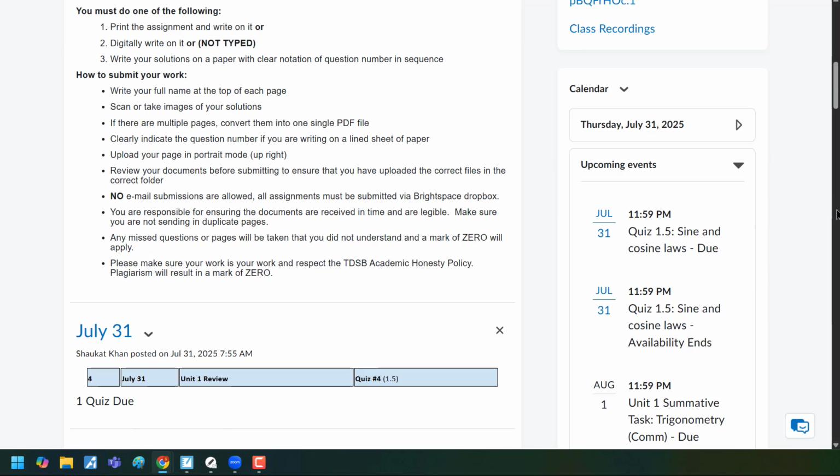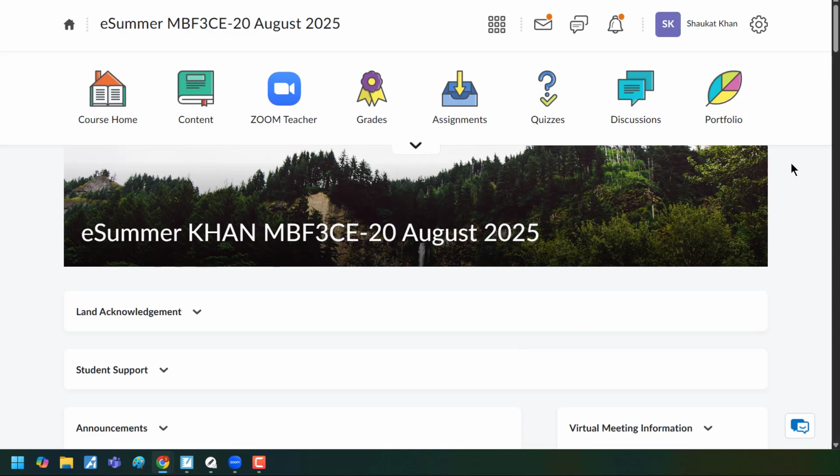It's just that students make it difficult for themselves by starting at 11:50 p.m., thinking they can finish it in 9 minutes and submit it. Let me know. There's been so much trouble with students trying to submit the file. And the biggest thing is trying to submit it